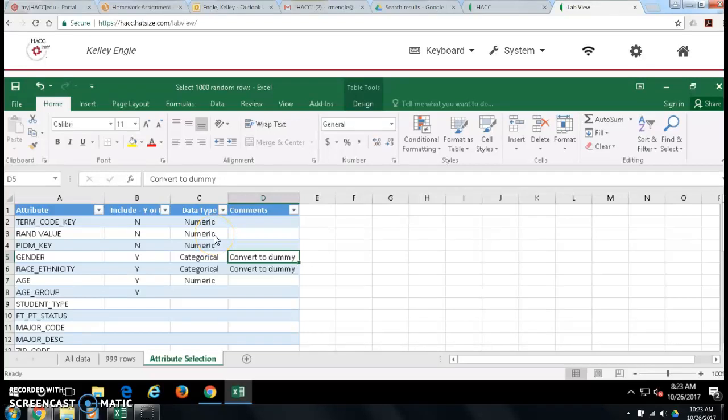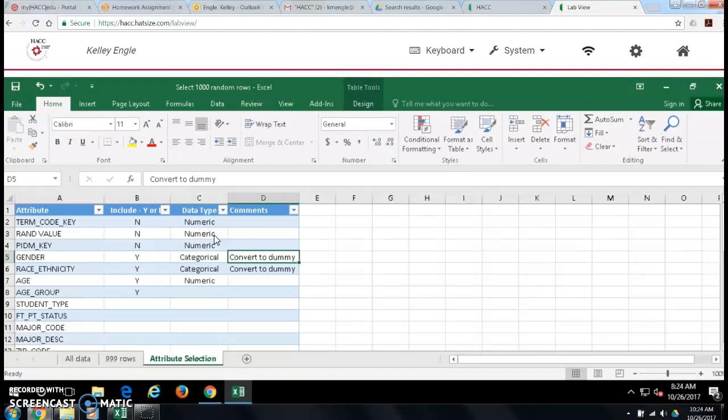Hi there. Today I'm going to talk about the attribute selection for clustering before we actually get into the clustering algorithm itself, just to help you understand the thought process that goes on as you do data mining. In the previous videos we looked at selecting a random sample, and then we looked at some of the variables and some of the pre-processing you need to do in terms of handling missing values, creating dummy variables,